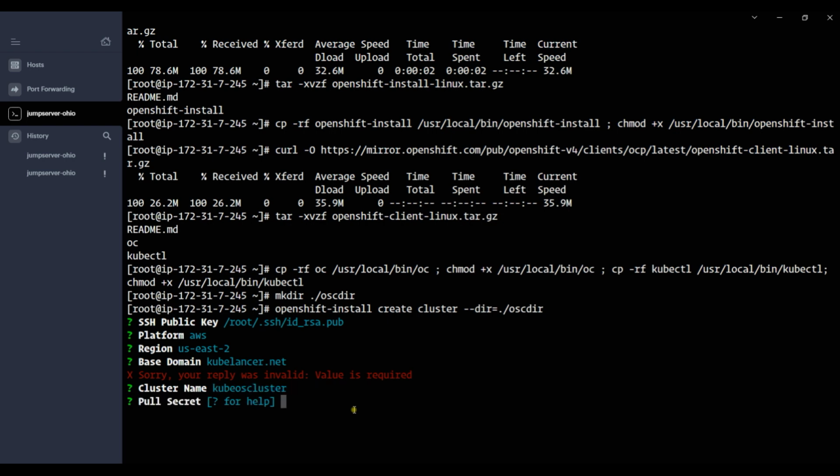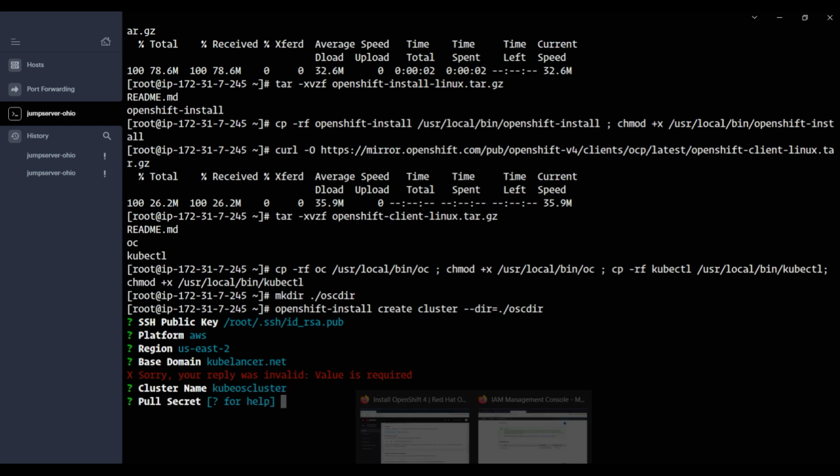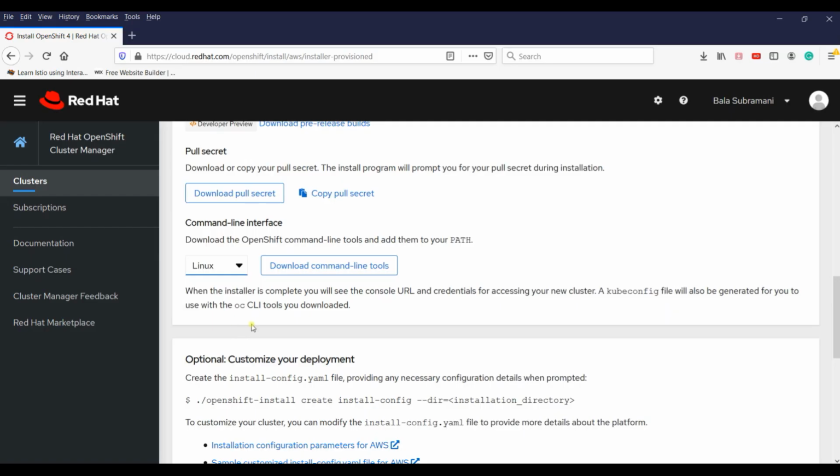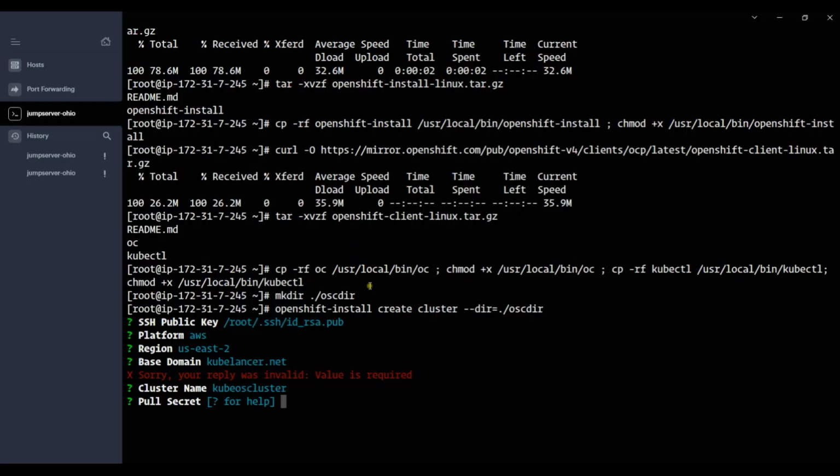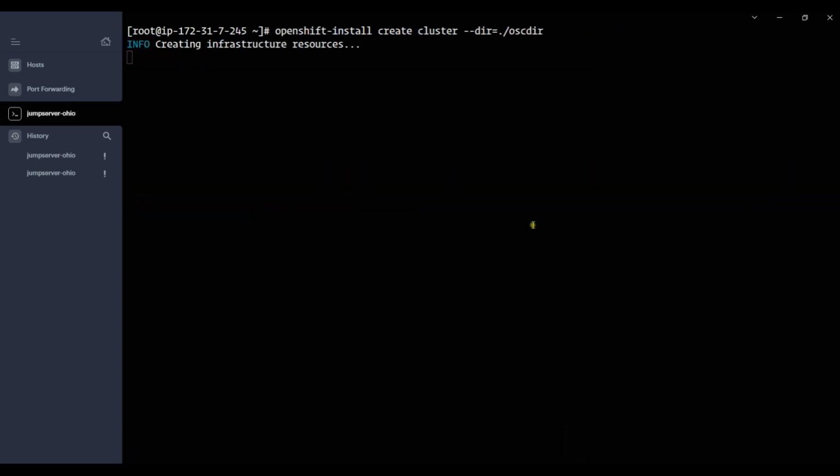And it's looking for a pull secret. You can get the pull secret from the installer page. I'm copying the pull secret and pasting it here, and pressing enter.